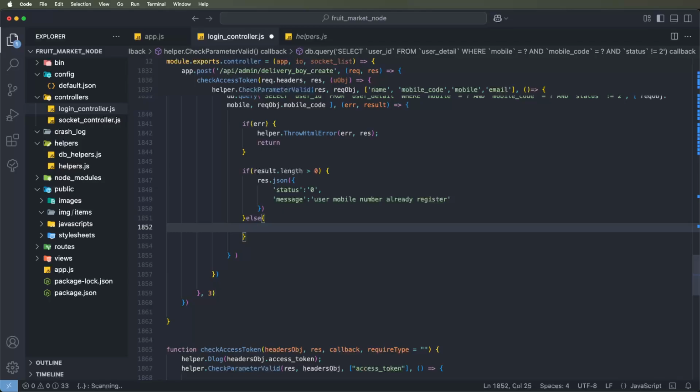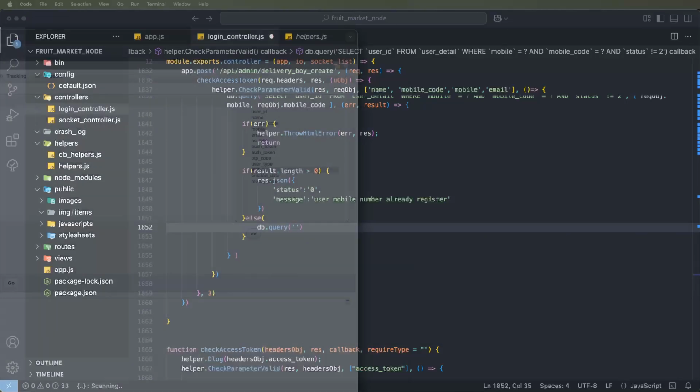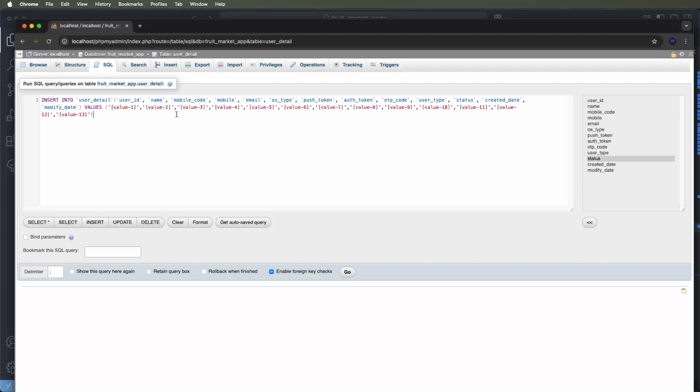We need to write down db.query here, and write the insert query. We need to use user ID, mobile number, email address, OS types, user types, status, and also check the valid fields. We need to provide these values, and set question marks for the needed values. Copy and paste these values for